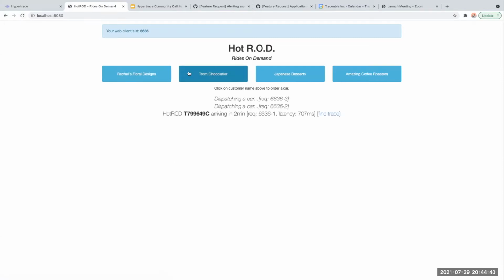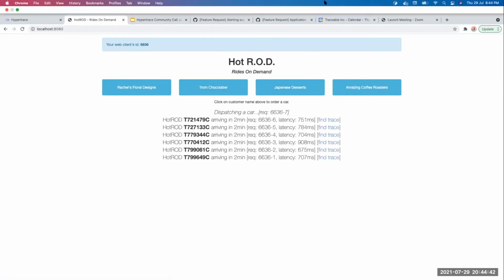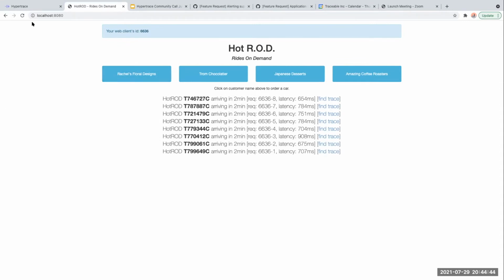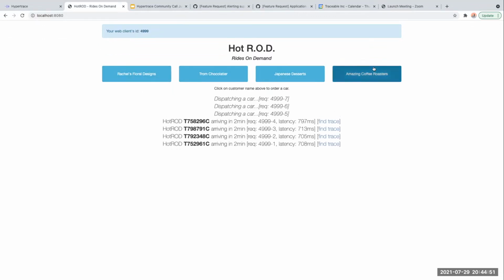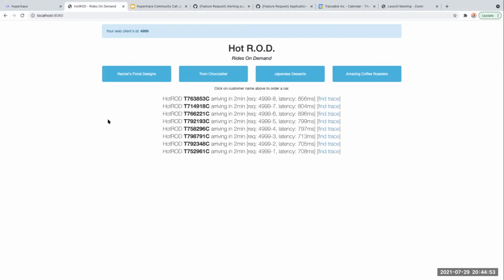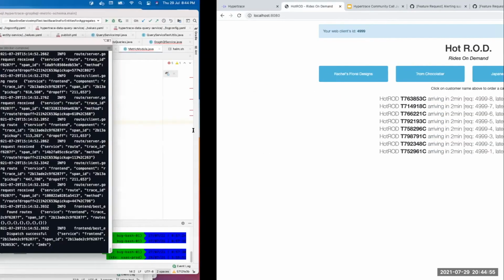Why I'm clicking it this many times, I will tell you shortly. I hope this will be enough for the alert to be generated. I'm not taking any chances.